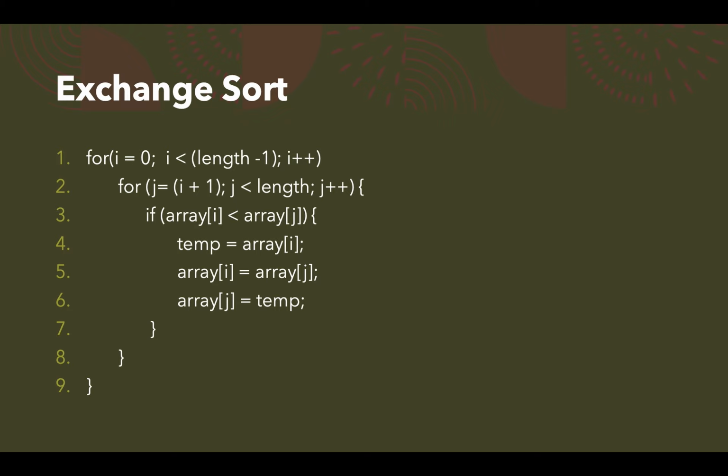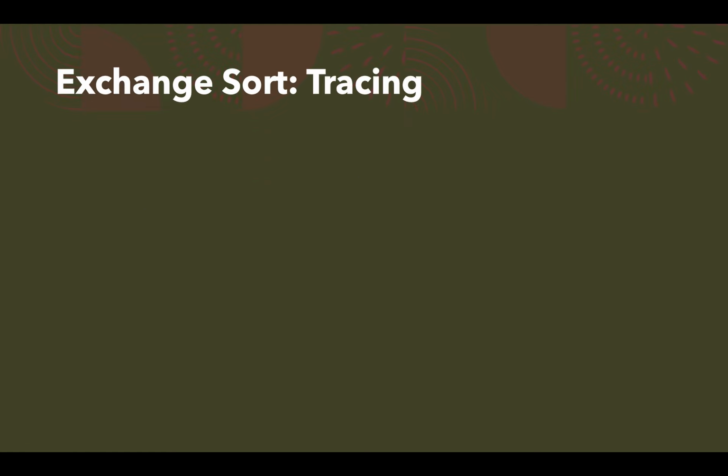You can see here i equal to 0. When i equal to 0, j is going to execute for all the remaining elements. So j's initial value is i plus 1. So first element is started comparing with the remaining all j elements, and you are checking the condition to check the position of i and j elements, and you are doing the necessary swapping. Okay, so a single element is compared with the remaining all elements, and you are fixing the position of that element. Okay, so here I'll just show you the tracing.